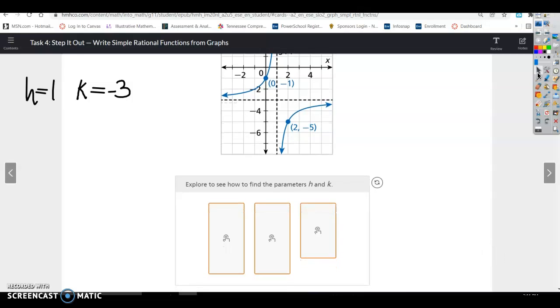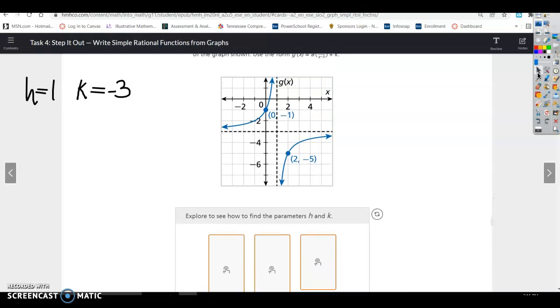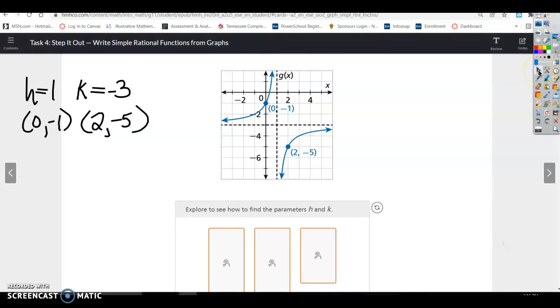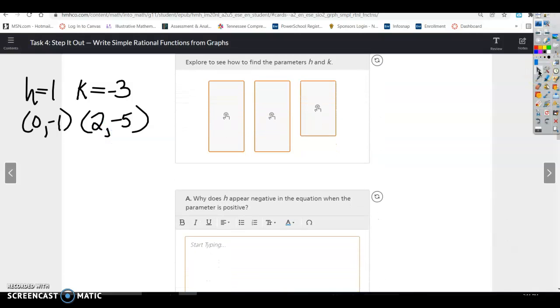All right, we're also given reference points. We'll come back to the reference points. Let's go ahead and maybe write those down. We'll probably need those. 0, -1, and 2, -5. All right, so we're just keeping track of the information that we're given from the graph. It says explore to see how to find the parameters h and k. So we're probably going to use h and k with our